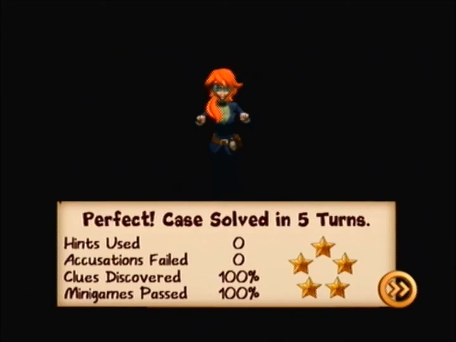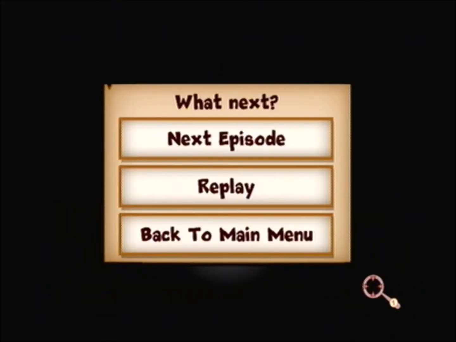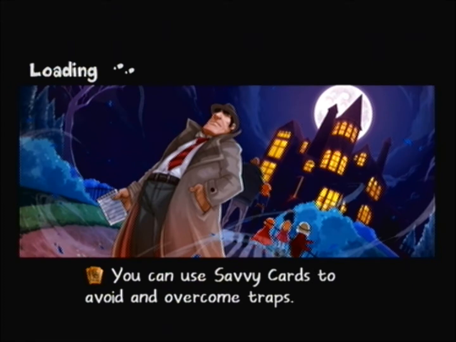Okay, so that's our case right there. We've solved it. You get stars for how well you do. Hints used, blah blah blah, assaults failed, and clues discovered. You get stats. That's all I gotta say at this point. Oh, yeah. By how well you do, if you use a lot of hints, you can kind of make it easier for yourself. And you can actually improve the game itself, so just make it easier for you. I don't know if you need that at a tutorial level. If you need that at that point,